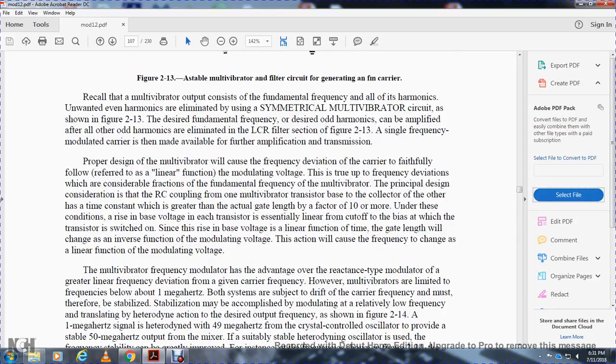Recall the multivibrator output contains the fundamental frequency and the harmonics. Unwanted even harmonics are eliminated with the symmetrical multivibrator circuit as shown in figure 213. The desired fundamental frequency and the desired odd harmonics can be amplified after all the other odd harmonics are eliminated with the inductor, capacitor, resistor filter section. In figure 213, a signal frequency for the modulator carrier is made available for further amplification